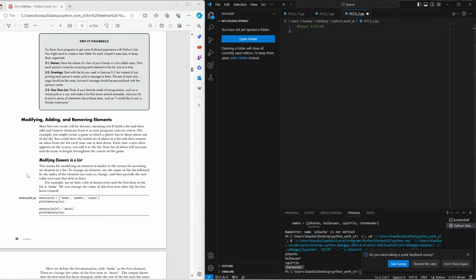So greetings. Start with the list you used in exercise 3.1, but instead of just printing each person's name, print a message to them. The text of each message should be the same, but each message should be personalized with the person's name. Okay, simple enough. So we're gonna come over here. We're just gonna copy this, and then we're gonna come in, insert that in,